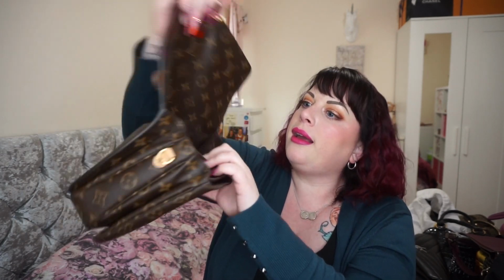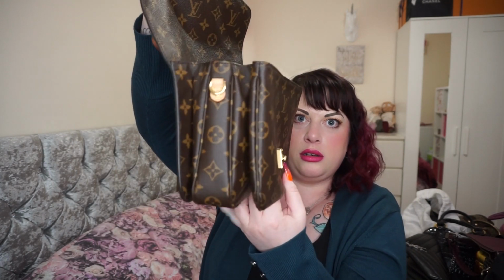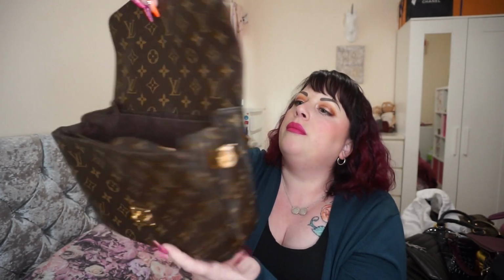Still really light pochette. It's actually still got plastic on the front here as well. But yeah, I'm sure you all know this bag. It's got one main compartment in the middle, it's got a smaller compartment at the front, and a compartment there at the back. Kind of accordion style bag. And there's another zipped pocket on the back. I got this bag in 2017. And I've hardly used it, to be honest,